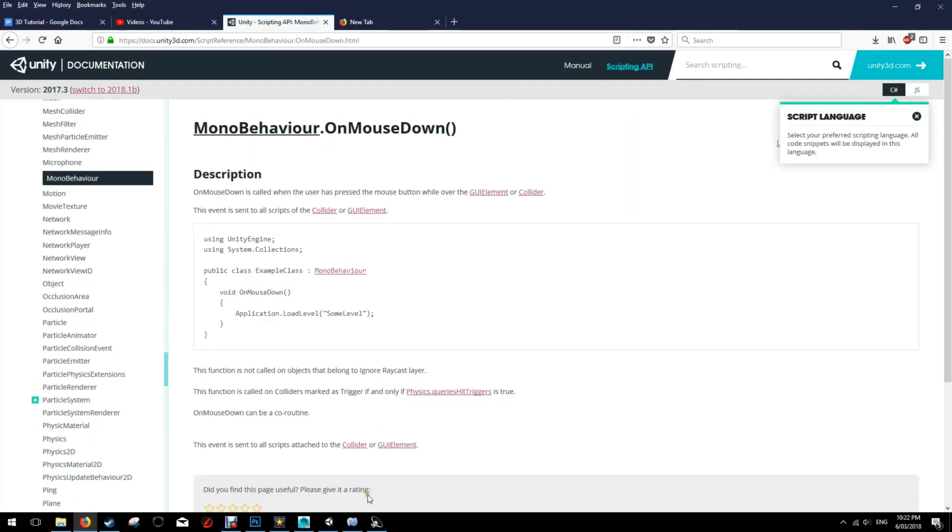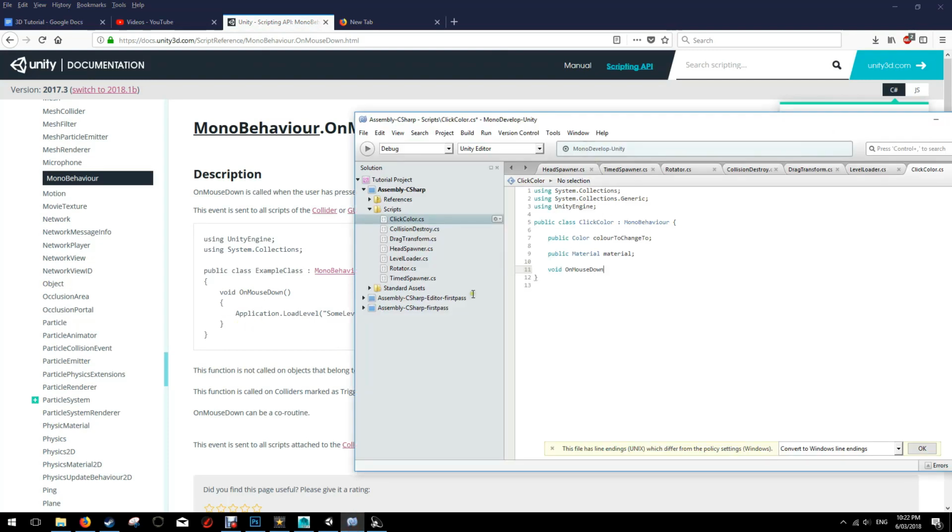Yes, void OnMouseDown. So this means when the mouse button is pressed onto it. You've also got OnMouseOver if you're hovering over it, and a couple of others. We're going to go